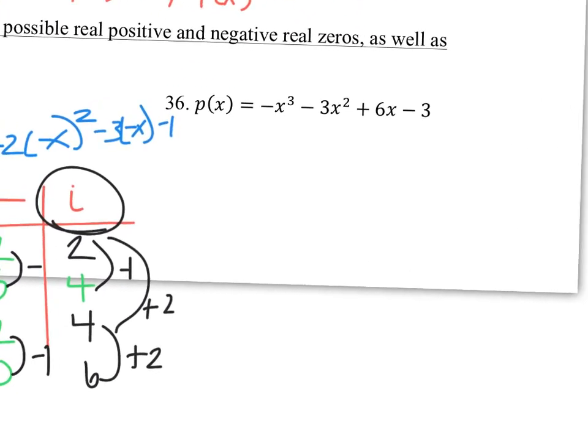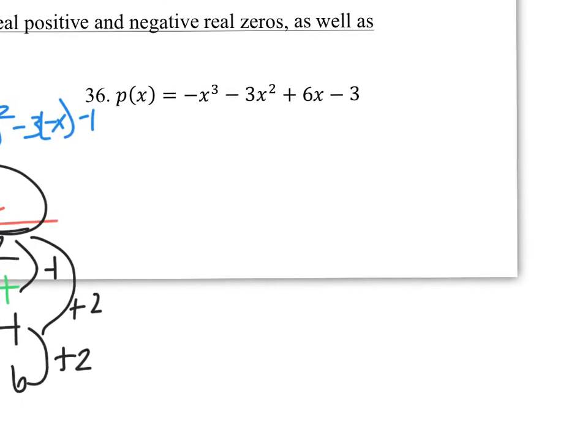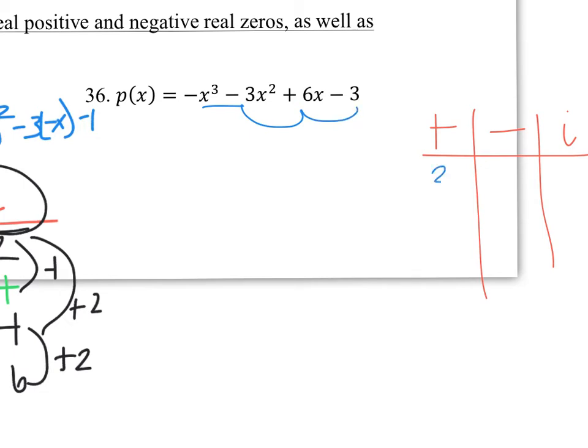So let's go ahead and do number 36. I'm going to come over here and draw my chart. Positive, negative, imaginary. If I look at my first one, first term to second term stays the same. Second term to third term, it changes. Third term to last term, it changes, which means I have a maximum of 2 positives. If I do negatives, p of negative x,